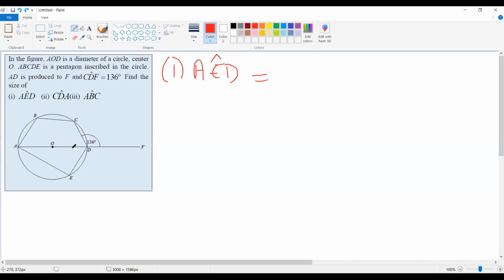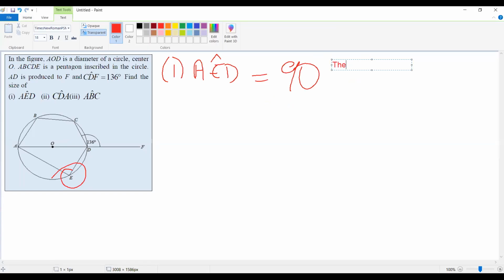A, E, D, that's here, is equal to 90 degrees. And the reason for that is because of which theorem? Theorem 4? No. 5? Theorem 6. That would be it. Opposite angles. Sorry, the angles